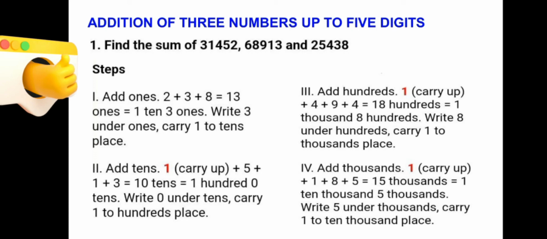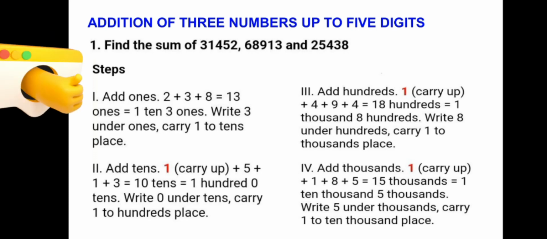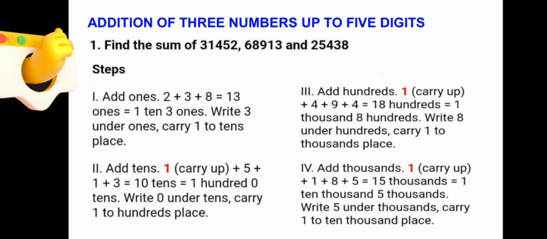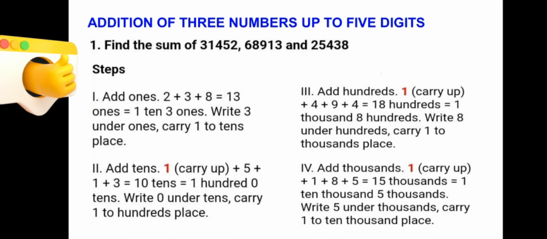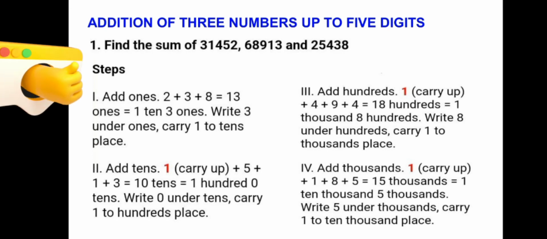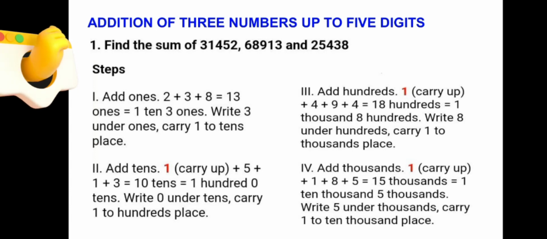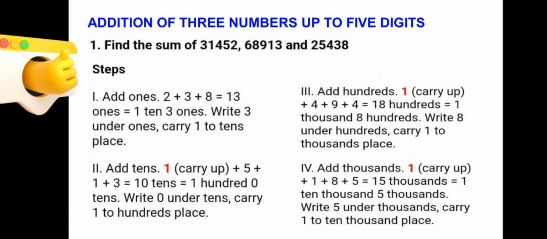Then step 2 says add tens. So 1 carried up, so that will be 1 plus 5 plus 3, which is 9 tens